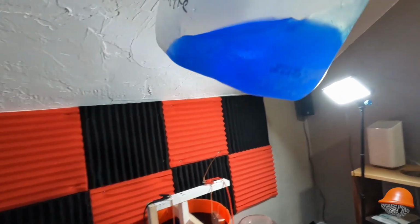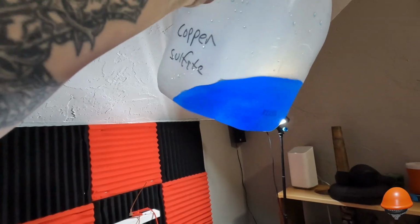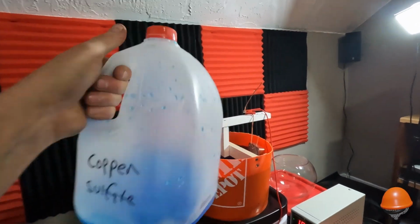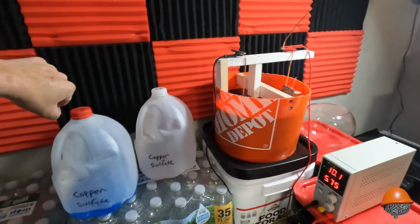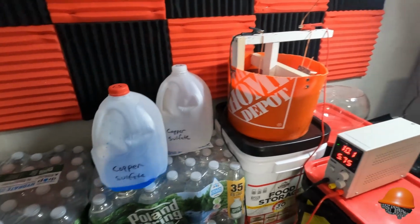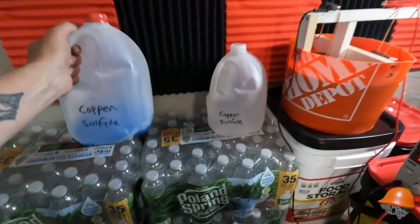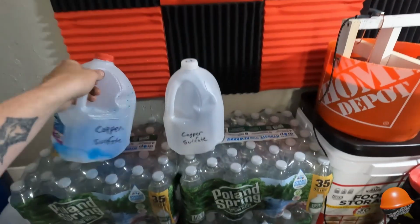But I got to a point where we have this cool blue Kool-Aid toilet water type color, and the crystals would stop dissolving. So then I figured it was fully saturated liquid. So I just poured it in, keeping the crystals in the jug, poured more distilled water in, and just rinsed and repeated until I had it all in there. So I used 32 ounces or 2 pounds of copper sulfate crystals and approximately 2 gallons. There's a little left